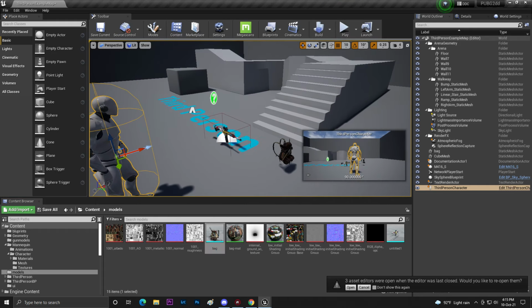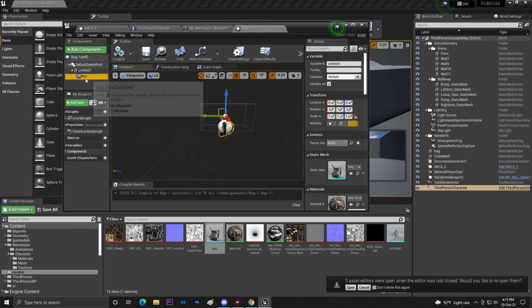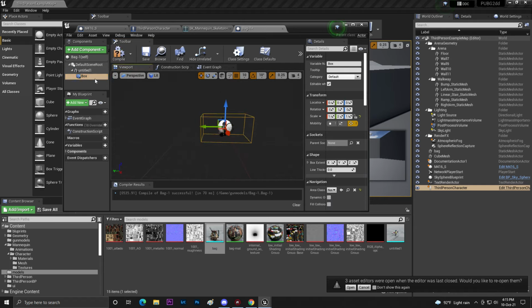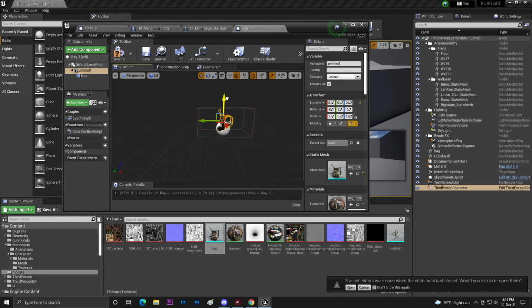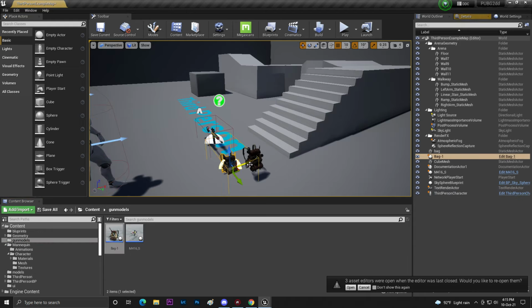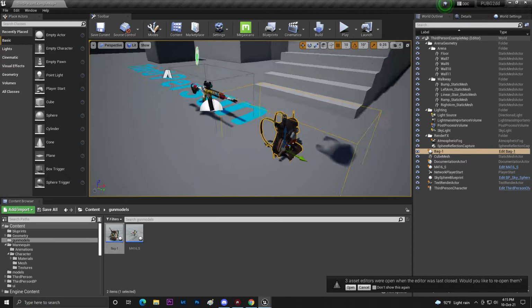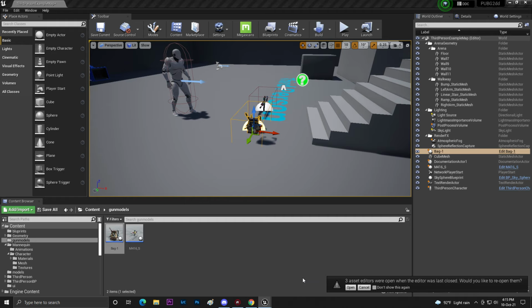Now you need just a little bit of adjustment. Okay, yeah, just a little bit of adjustment. I think that is good. Compile and save. Now let's go to our drag and drop and see whether everything is good or not. So as you can see this is also good. Okay, so now we also need to create the same thing for our